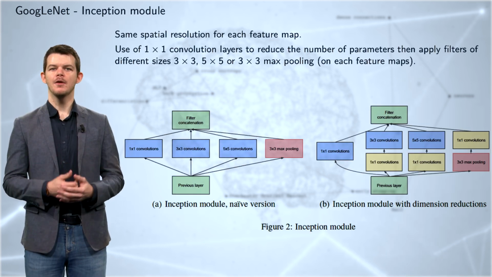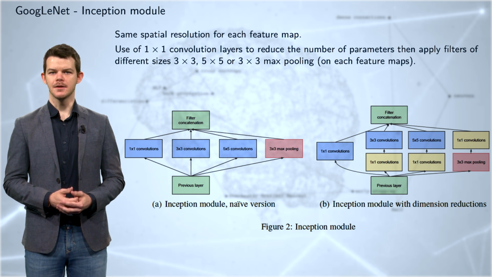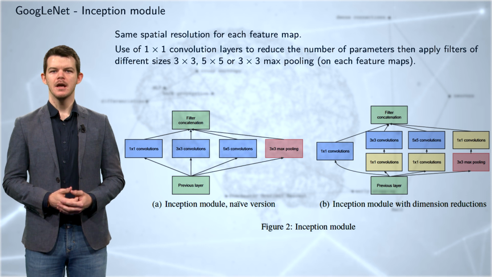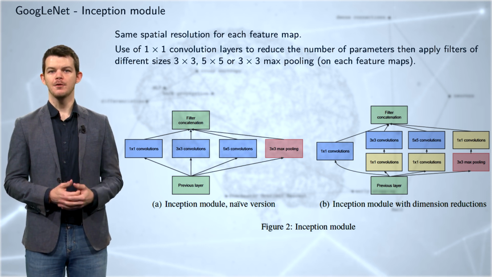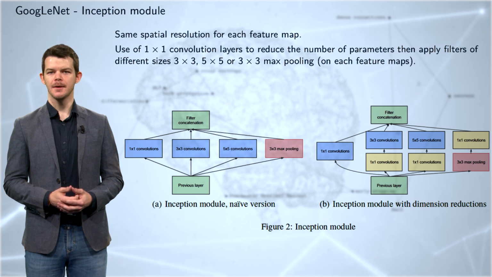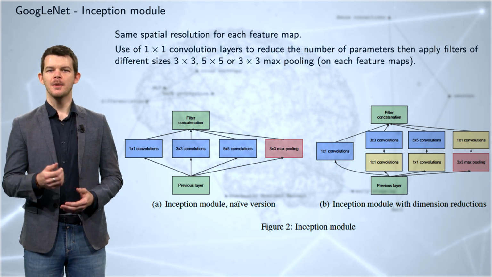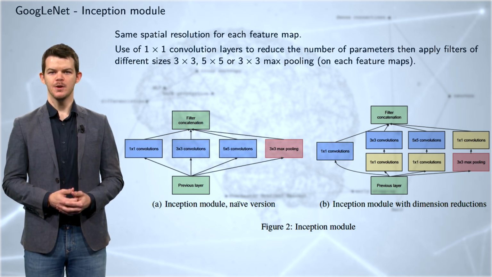Here is a scheme of the inception model, which is at the heart of GoogLeNet. On the left, you have the naive version in which the idea is to create a layer composed of 1x1, 3x3, 5x5 convolutions and pooling. Such an inception module corresponds to a large number of parameters. Indeed, the number of parameters of one 5x5 convolution is equal to 5x5 times the depth of the input volume, which